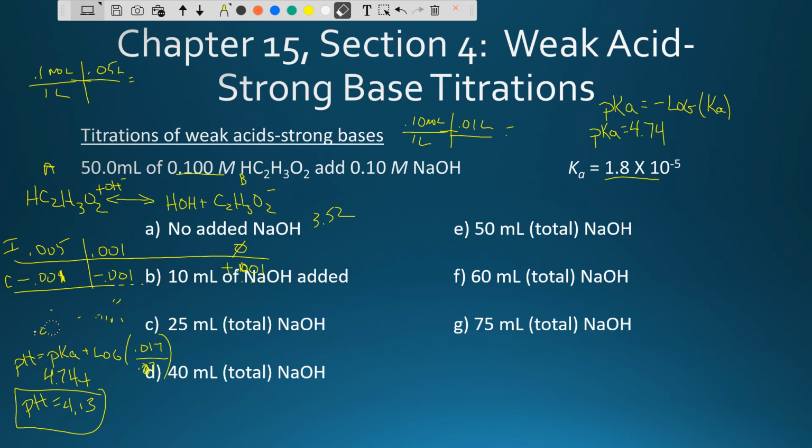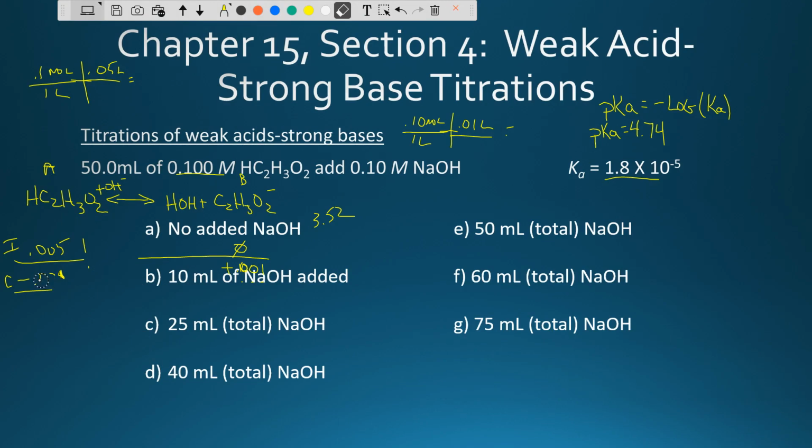Okay. Now let's go ahead and we'll increase the amount that I've got. Okay, I'm not going to erase everything every single time because we're just going to be changing a couple of values along the way. Okay, but we're going to start by just kind of going slow and seeing how all this works. Okay, so we are going to be taking a look. I am starting at the same amount of my acetic acid, but this time I'm adding 25 milliliters of sodium